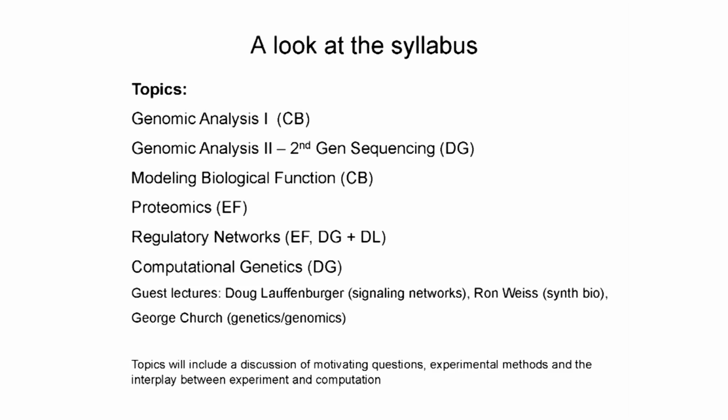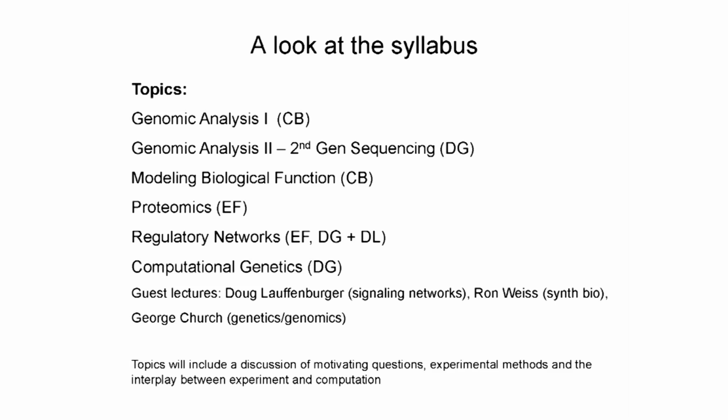So at a high level, if you look in this column here, we've broken the course into 6 different topics. There's genomic analysis 1 that I'll be teaching, which is more classical computational biology, you could say: local alignment, global alignment, and so forth. Then genomic analysis 2, which Professor Gifford will be teaching, covers some newer methods that are required when you're doing a lot of second-generation sequencing. The standard algorithms are not fast enough. You need better algorithms, and so forth.